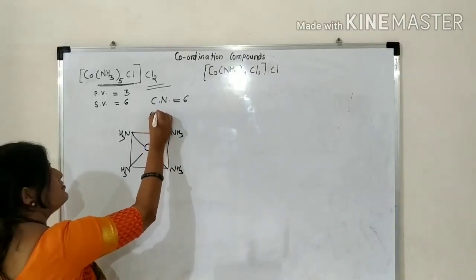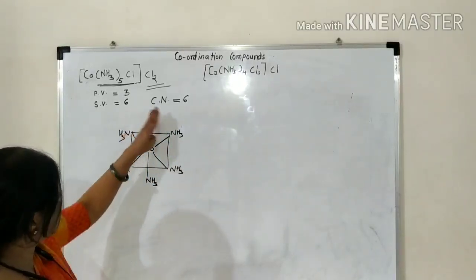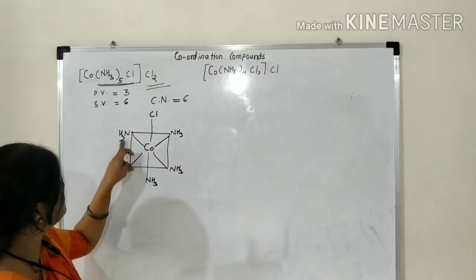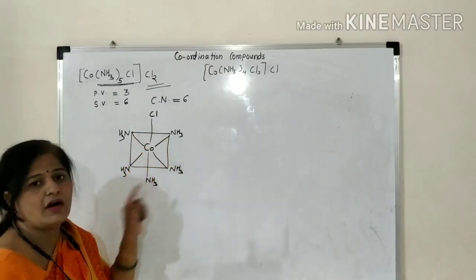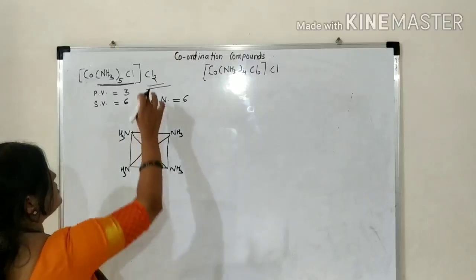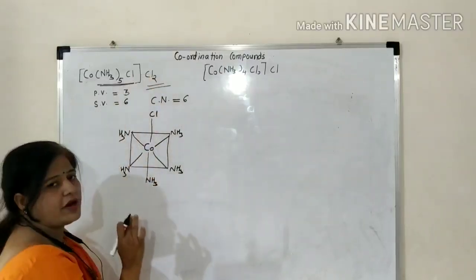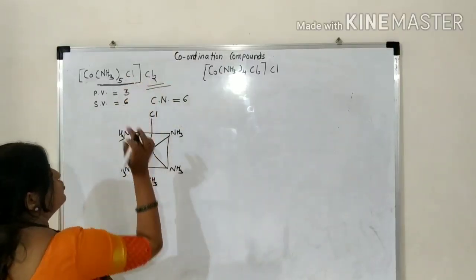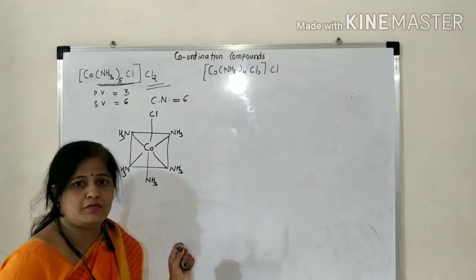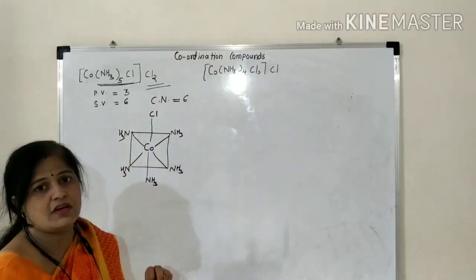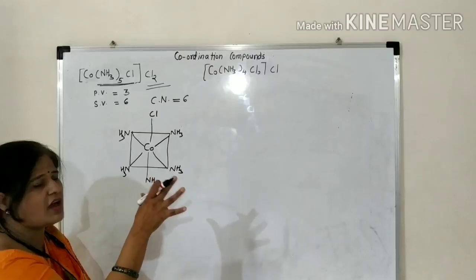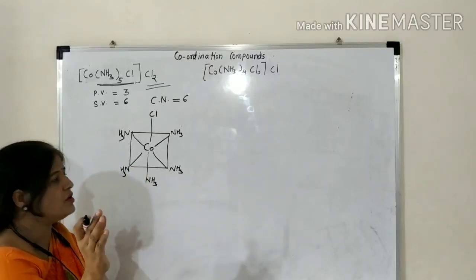Therefore, here Cl. This satisfies the secondary valency, that is 6: 1, 2, 3, 4, 5, 6. That is denoted by a dark line. Now, its primary valency is 3, and that is satisfied by these chloride ions. How many chloride ions here? 2. Therefore, we can show these 2 chloride ions by a dotted line, because it indicates primary valency. We can show them anywhere in this octahedral complex, but keep them away from each other.